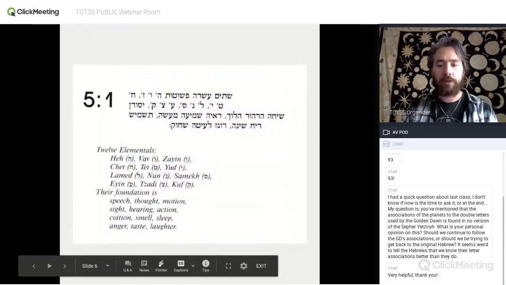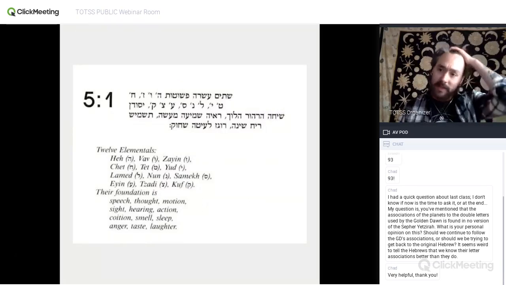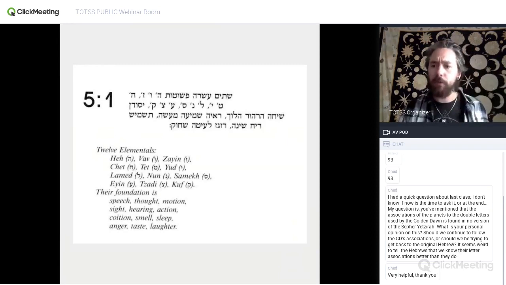All right, so let's just jump right into the Sefer Yetzirah. We'll be looking at chapter 5 today, finishing up with the Sefer Yetzirah. There is a 6th chapter, which was probably originally a commentary that eventually just became chapter 6. There's some interesting stuff in it, but it's not super on topic, and a lot of it's just review. So I'm not going to talk about the sixth chapter, but we'll look at chapter 5 on the single